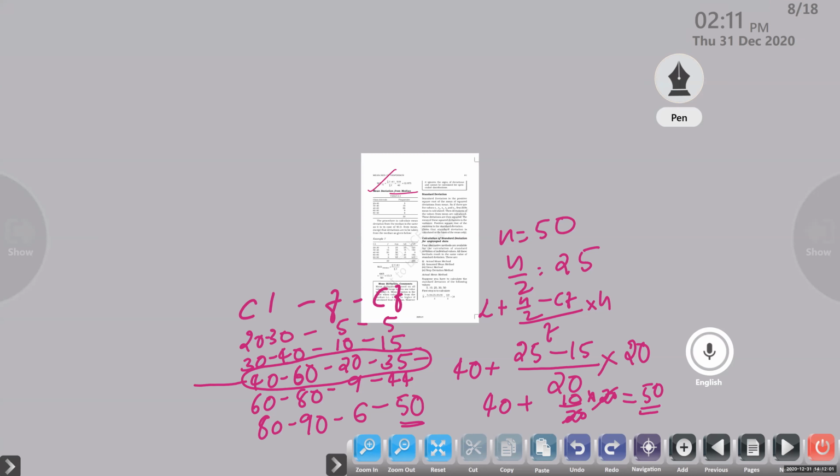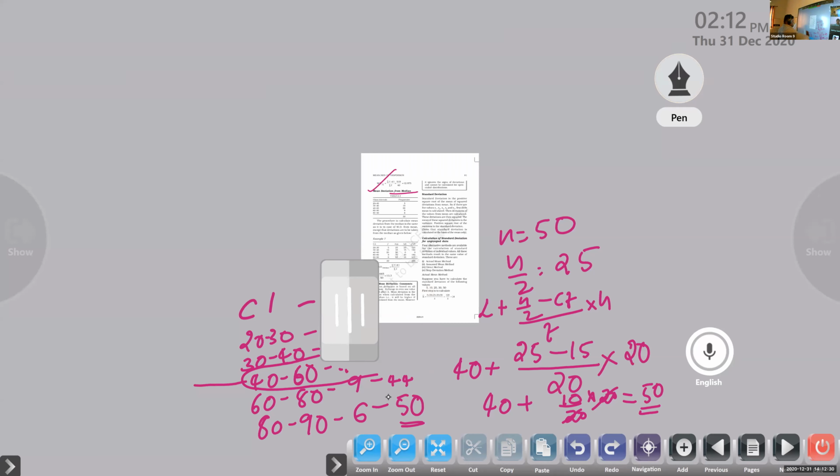So first of all, use this method to find out the median. Median we want to find first. In this table, any doubt? Sir, H is not always the same. Yes, that is related with the data, with the class interval only. Just keep that idea in your mind. So we got the median here.